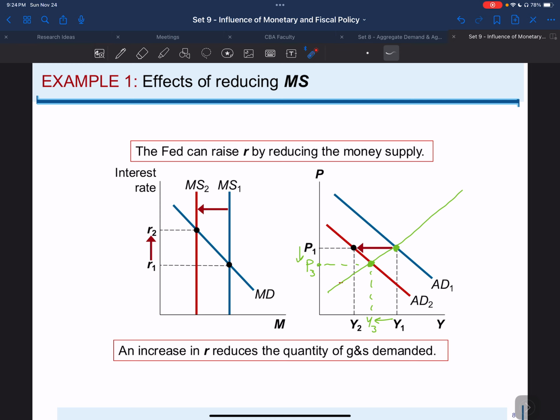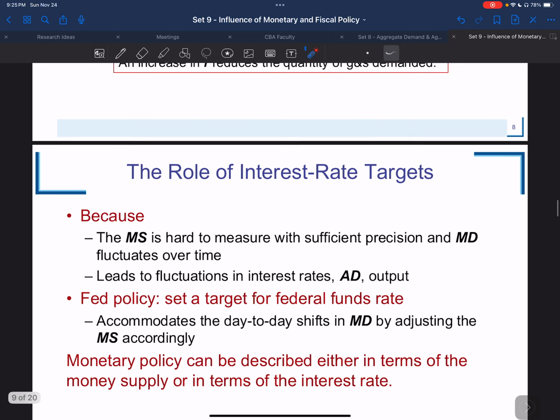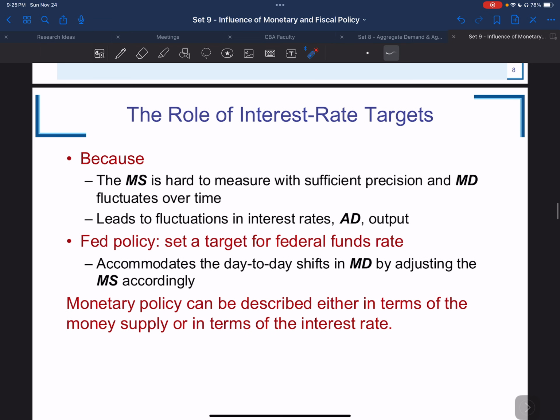So the Fed may focus on targeting the federal funds rate instead of the money supply directly, by adjusting the money supply to maintain a target interest rate. The Fed will ensure that the liquidity adjustment will be smoother day by day. So this policy will stabilize the fluctuations in the aggregate demand, and it will stabilize the output. Okay,